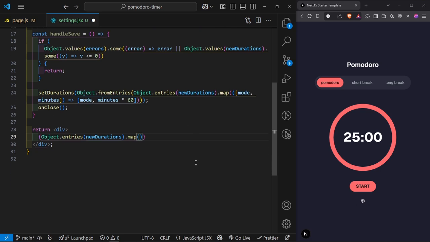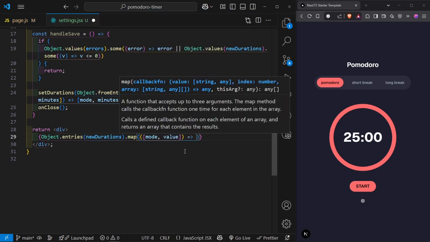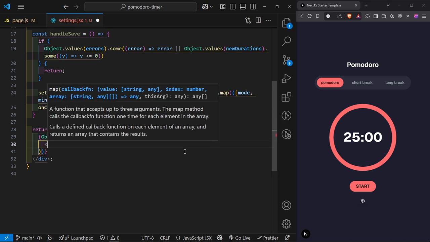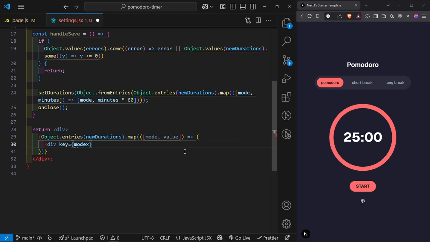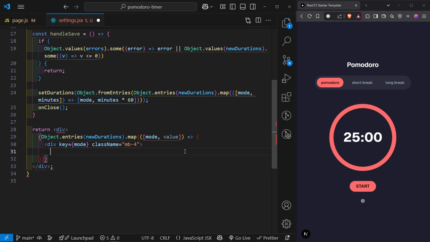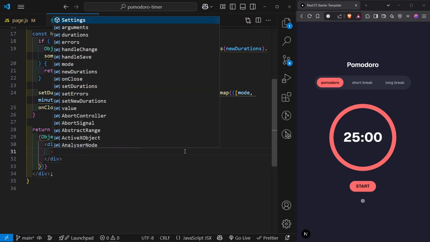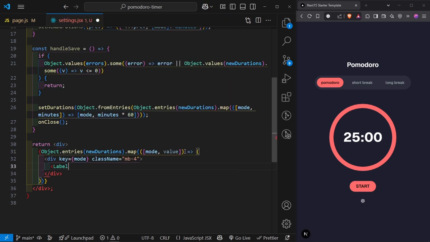So .map, and when you map over it, we're going to pass in the mode and then the value like so, and then inside here we're going to return a div with a key equal to mode, not mode x, and then it's going to have a className of margin bottom of 4. Then close it out, and inside this div we're going to return the Label component from ./UI/label, and the className here is going to be capitalize,